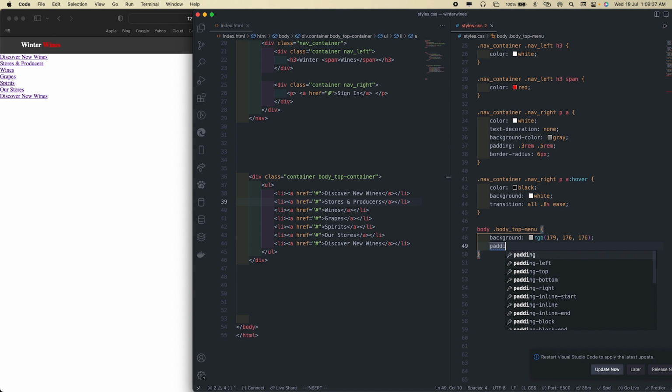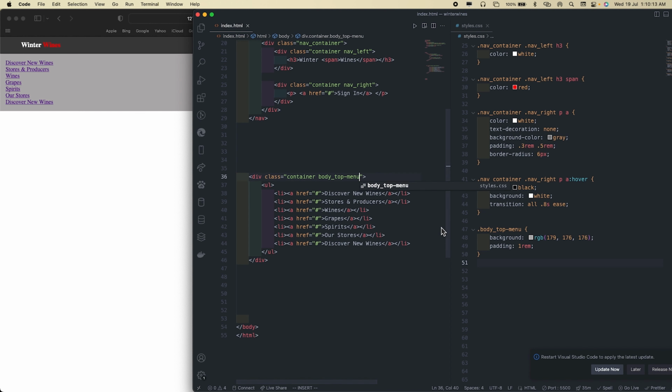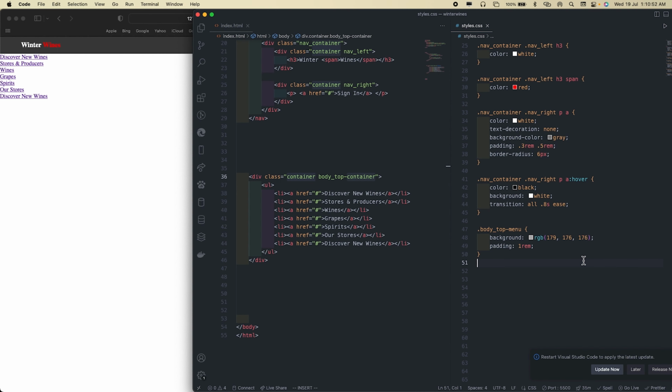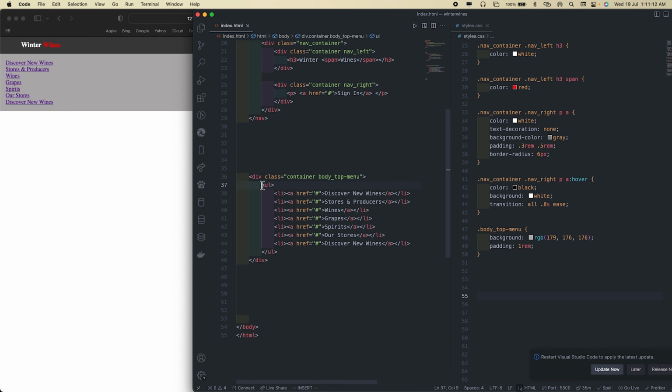Now let's set the padding to 1 rem. Okay, so let's call this menu instead. Menu, body top menu, not container. So we have our body top menu over here. We are not seeing the changes over here. What's wrong? Okay, so we called the container instead, which should be the menu, not the container. All right, so now we have our changes over here. We have the background, and then we have the padding set to 1 rem, and we have the background as this color. So now what we have to do is to address the elements that are inside this UL